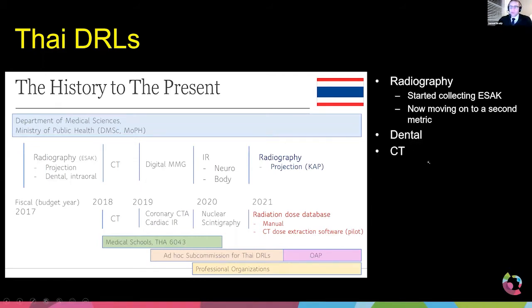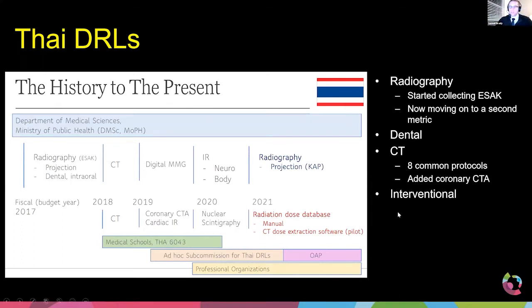So she talked quite a bit about dental and CT. She demonstrated that they collected data for the 8 most common protocols, and that was back in 2018. Now fast forward, the next year they started collecting more data. So as they became more comfortable with one set of metrics and protocols, they then added and expanded. And so this is a classic example of starting in one and continuing to increase and grow